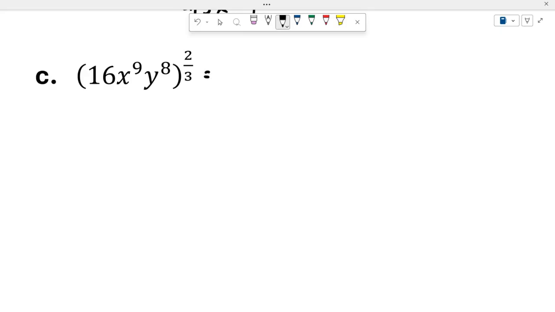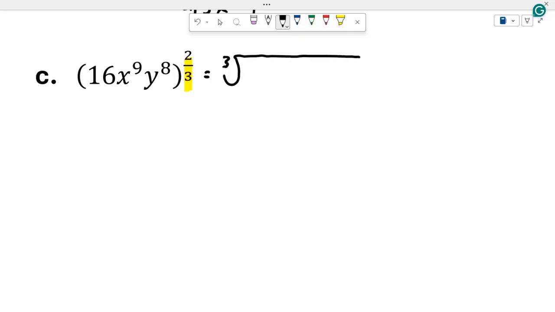What I'm going to do is, first of all, notice that in my exponent, my denominator is a 3. Okay, right there. Because my denominator is a 3, it means that ultimately what we have here is a cube root. The denominator of your fraction tells you what type of root you're dealing with. If it's a 2, it's a square root. If it's a 3, it's a cubic root. If it's a 4, it's a quartic root, and so on and so forth. So we have a cube root,